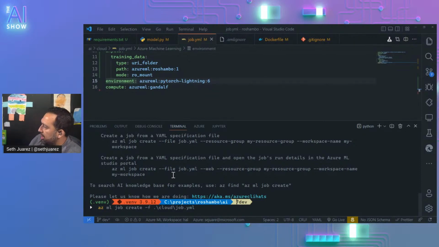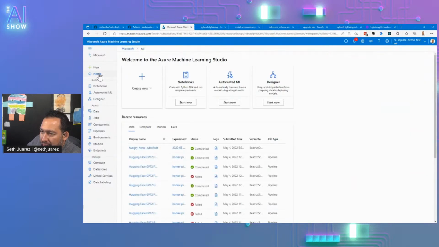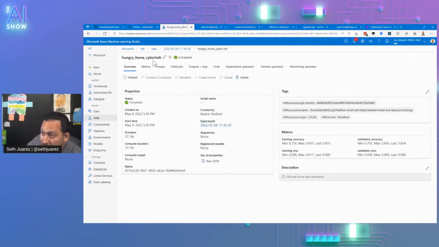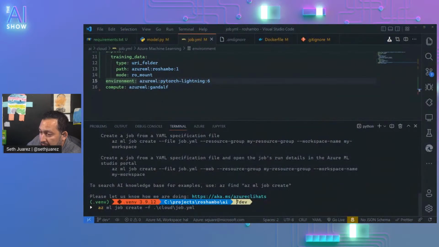It feels good to clean this up, though. We haven't cleaned this up in a while. And it's taken a while. It's probably because it's off. Hungry horse. B. Stolnitz. Okay. She's the best, by the way.